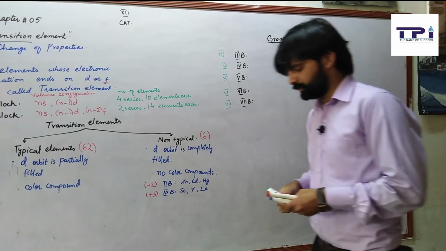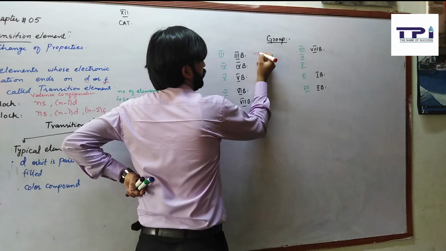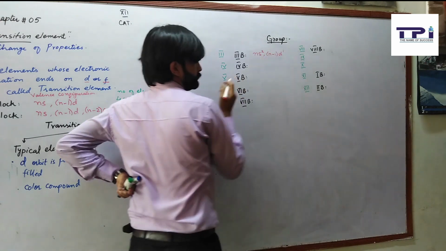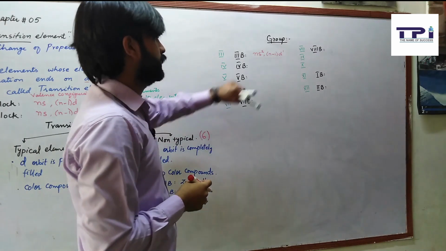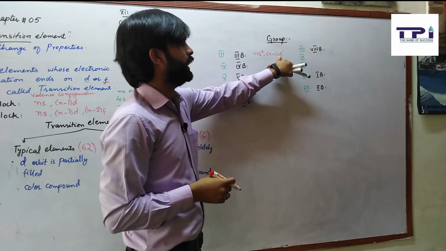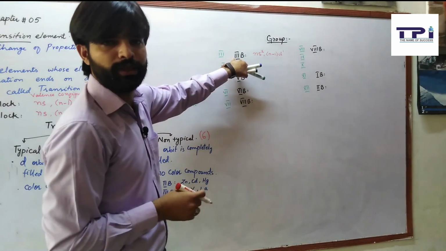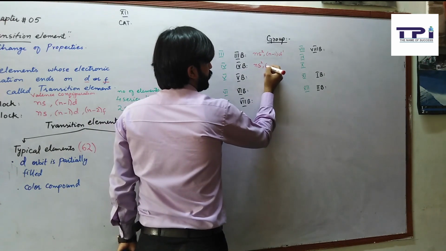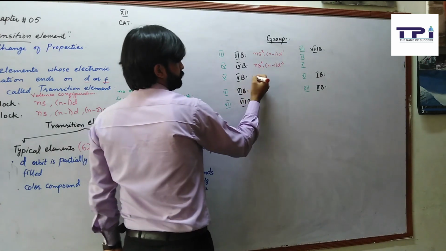The valence configuration for D block group 3b should be ns2 n-1d1. You can also have group number from your valence configuration. The number of electron in S is 2 and in D is 1. 2 plus 1, you are going to have your group number 3 or 3b. Similarly for 4b, ns2 n-1d2 and 5b, ns2